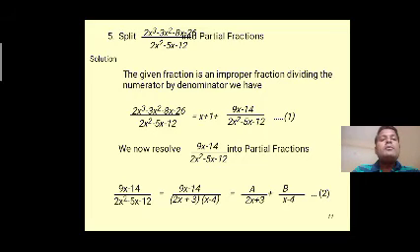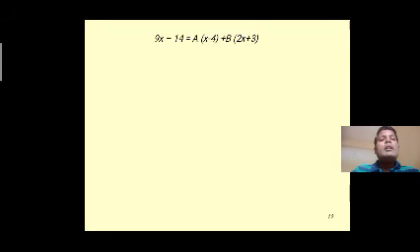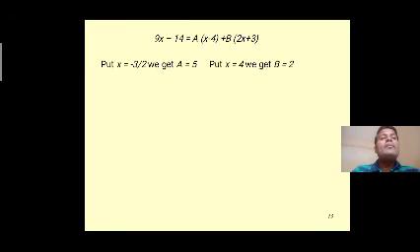Here 9x minus 14 divided by 2x square minus 5x minus 12 is equal 9x minus 14 divided by 2x plus 3 into x minus 4 is equal. We write here, two factors are there, two non-repeated linear factors in the denominator part. So that we write a by 2x plus 3 plus b by x minus 4. After completing the LCM, we have 9x minus 14 is equal a into x minus 4 plus b into 2x plus 3. Put x equal minus 3 by 2, we get a equal 5. Put x equal 4, we get b equal 2.